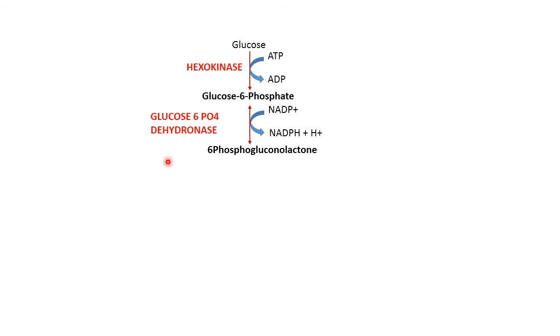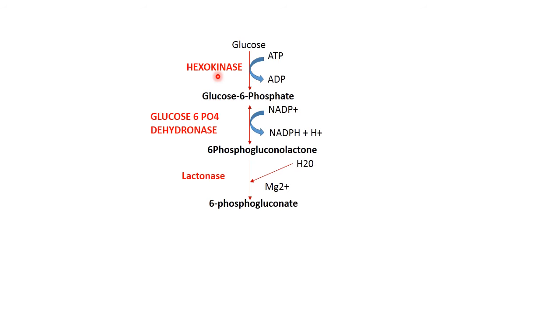This glucose 6-phosphate dehydrogenase is also the key regulatory enzyme of the hexose monophosphate shunt, and both glucose 6-phosphate dehydrogenase as well as hexokinase require the bivalent cation magnesium. Now the 6-phosphogluconolactone will be acted upon by the enzyme lactonase and it will be converted to